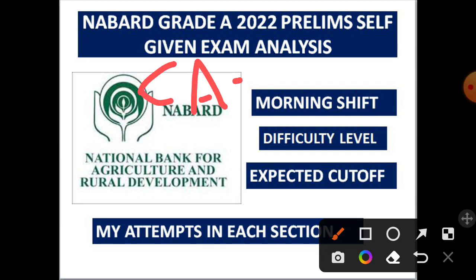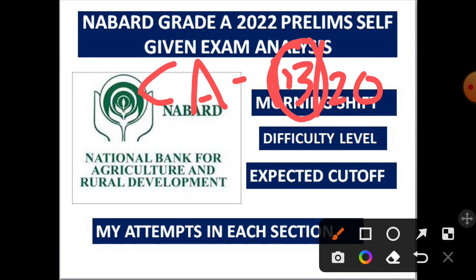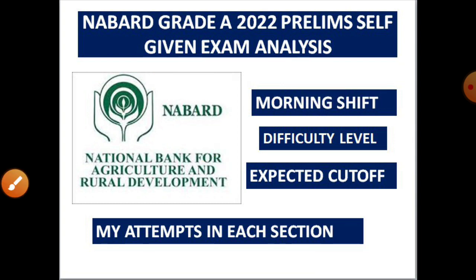So the current affairs part, I was able to attend 13 on 20. See, honestly I will say I had not prepared for this examination. So this knowledge was based only upon some PDFs and some videos that I had seen, and also some newspaper cuttings. I had attempted 13, and I'm not sure that all the 13 will be correct. I am expecting at least 8 to 9 will be correct. So out of 20 I've attended 13, and it was easy itself. If you had studied current affairs, then this would be a piece of cake for you.